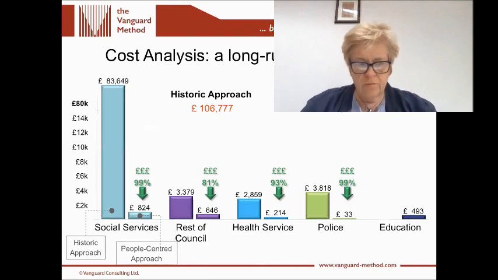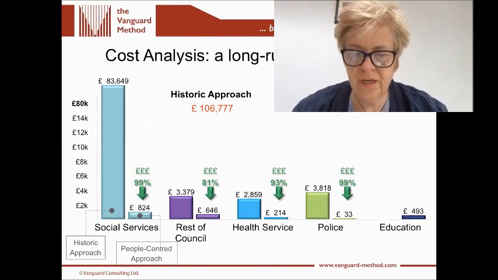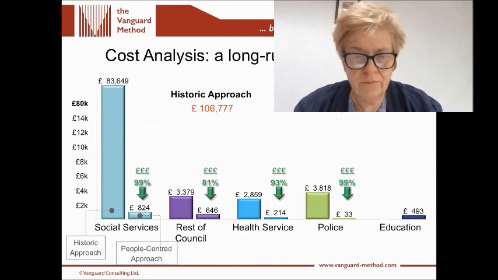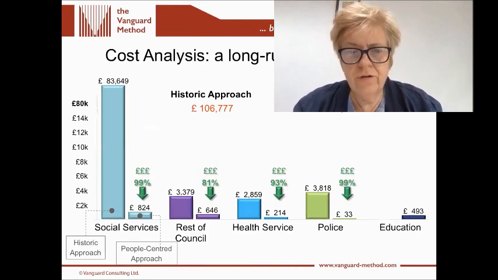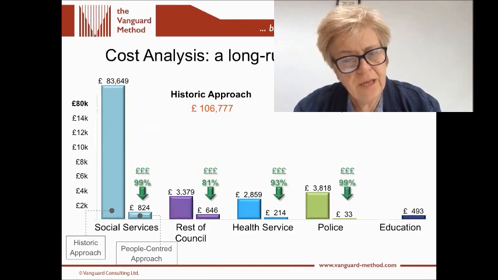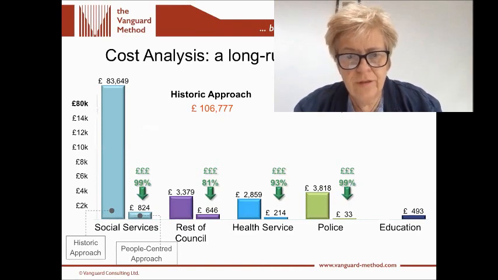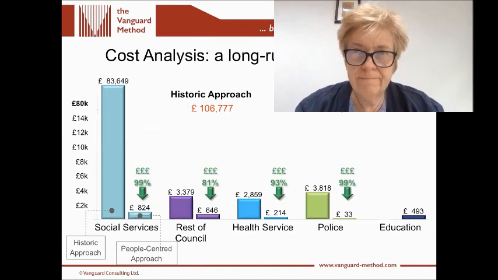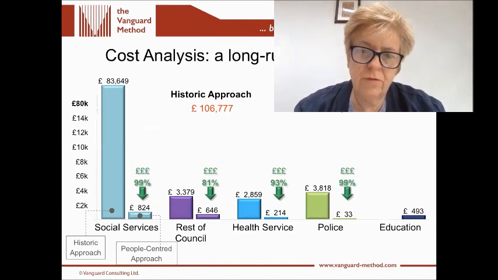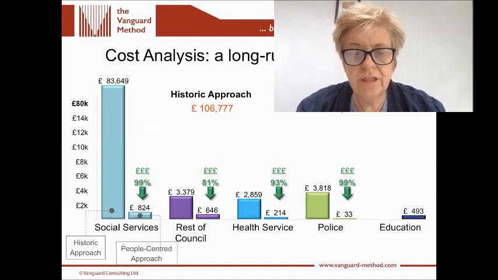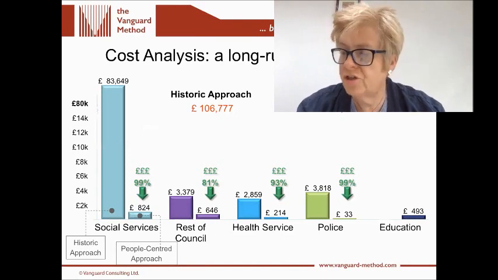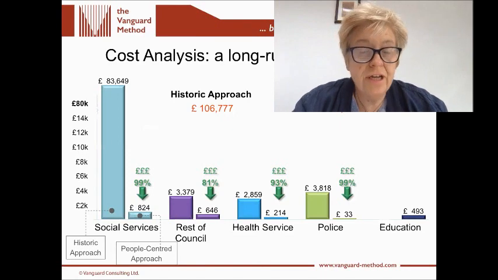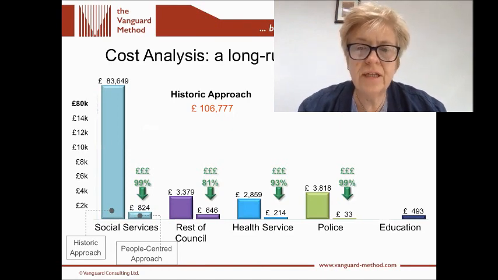And when we did some work very early on in this particular field, in troubled families, in two large local authorities, the results were very similar. By engaging with citizens in a different way, a non-adversarial way, building relationships, really understanding what matters to them and, more importantly, holding these strength-based conversations, much more can be achieved. And actually, most people can be helped to help themselves.